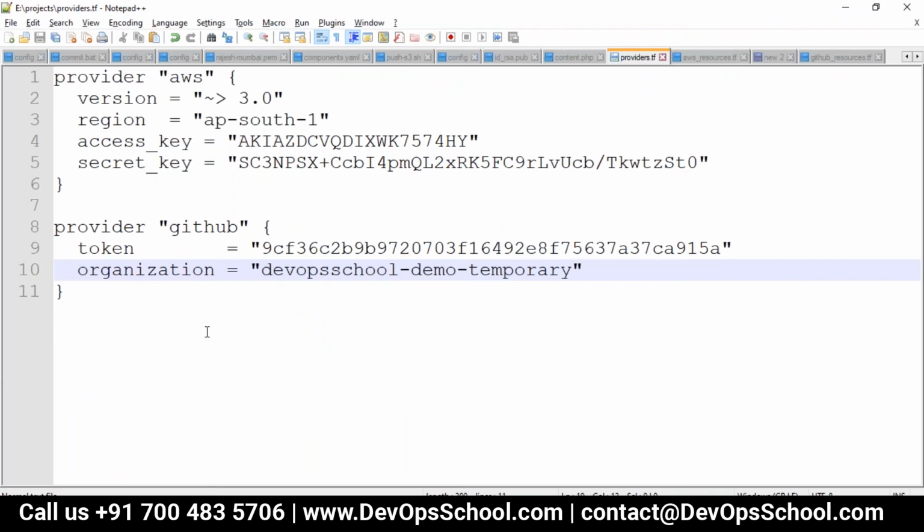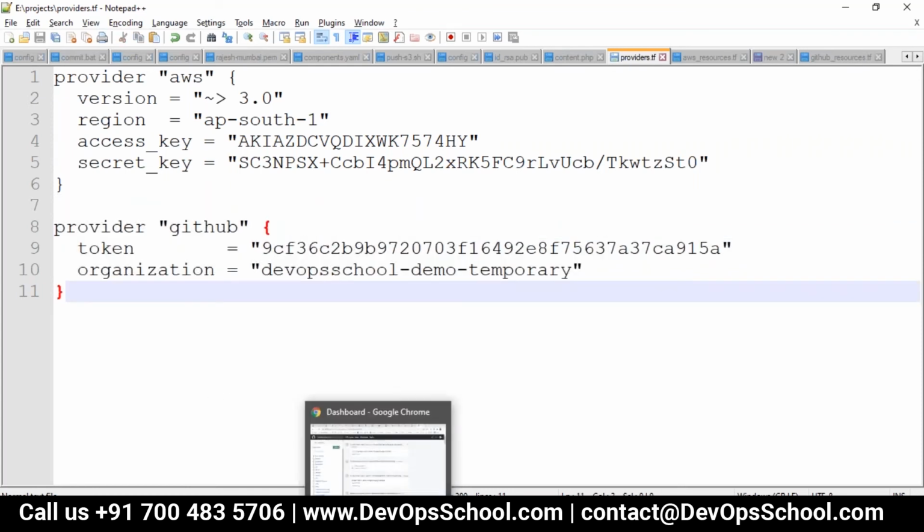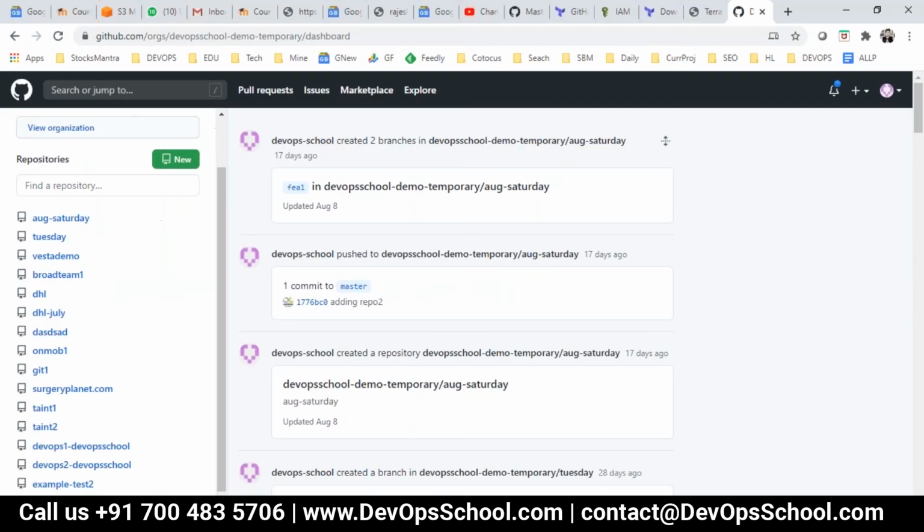So an important thing, see, before automation, because Terraform is an automation tool for the entire infrastructure. Before moving to the automation part or the Terraform part, you should know all these tools, all the services of AWS, GitHub and any other tools you see in the provider list. Because if you don't know what you want to do, then Terraform will not help you. I know EC2 instance, so I'm trying to automate it through Terraform. I know GitHub repository. Like that, you have to know all these platforms.